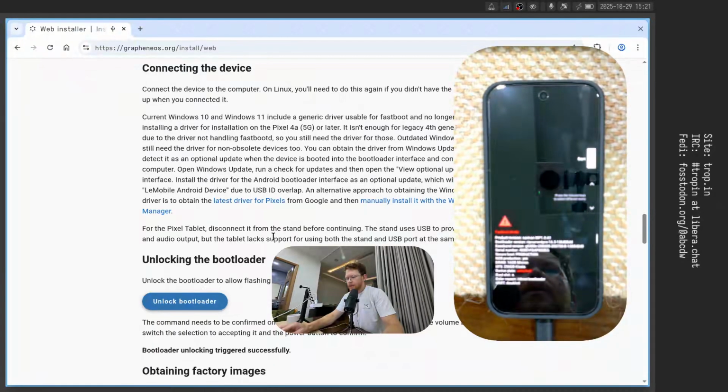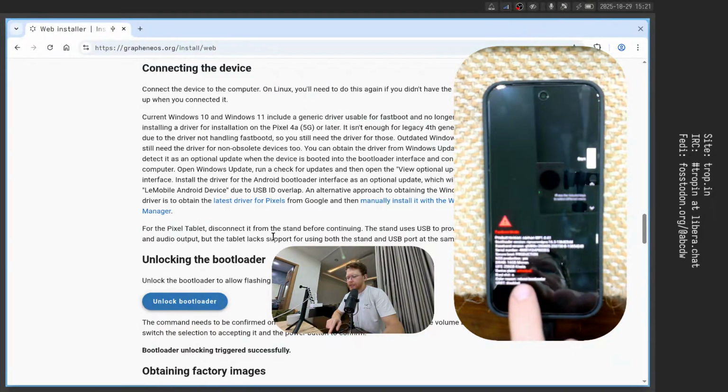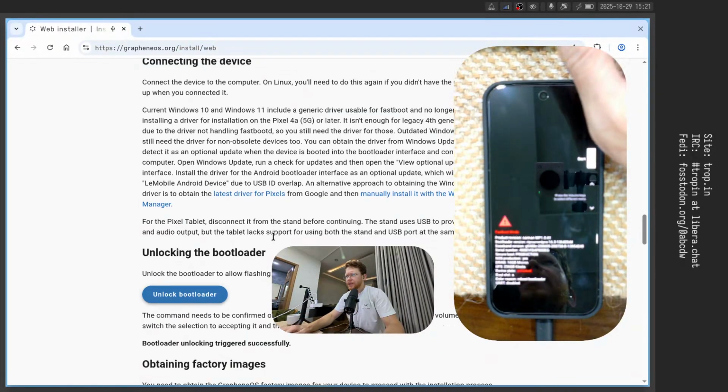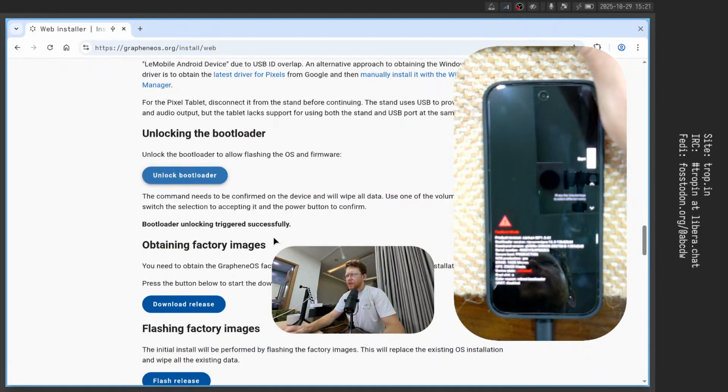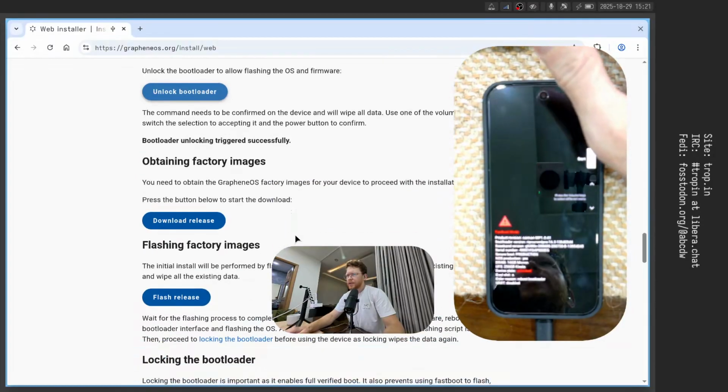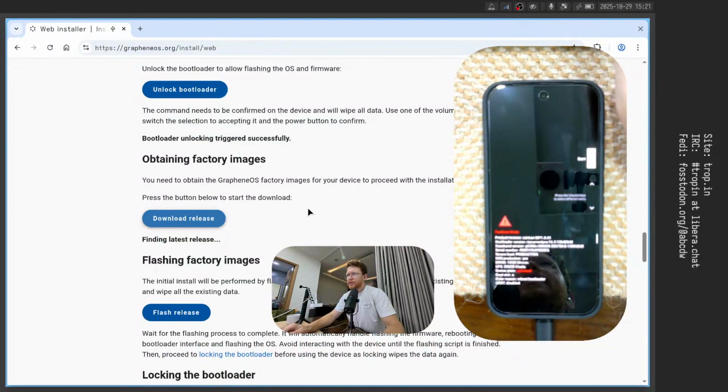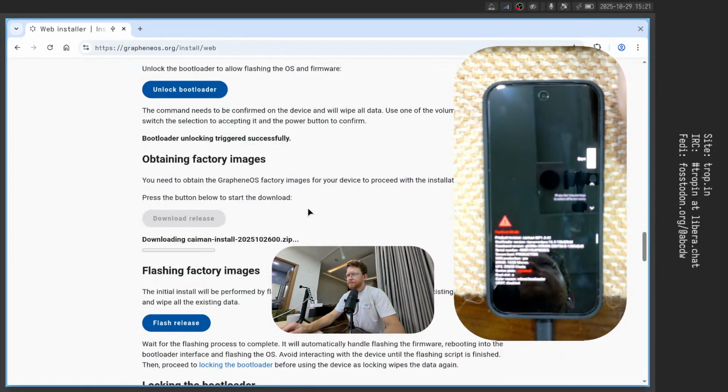Voila. Now you see device state is unlocked. Very good. What do we do next? We download a release. I think it will take some time,